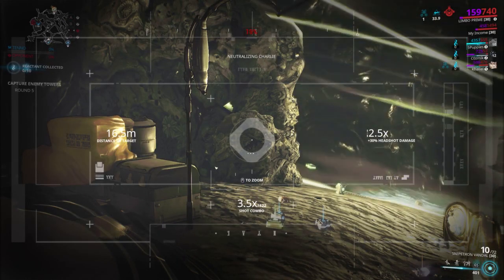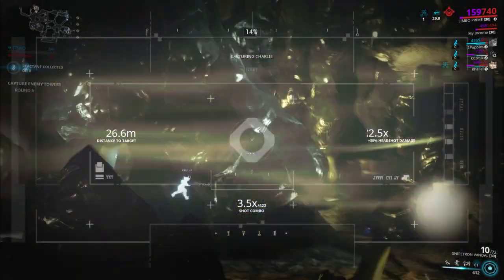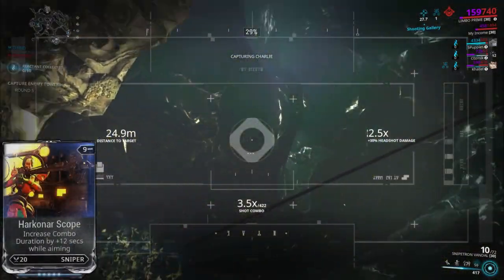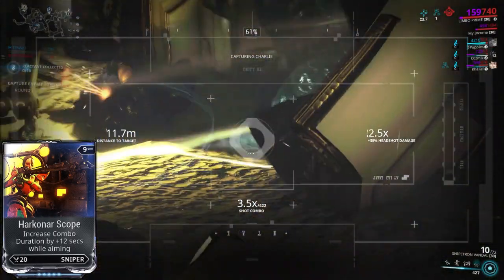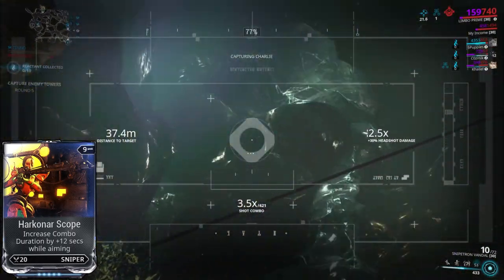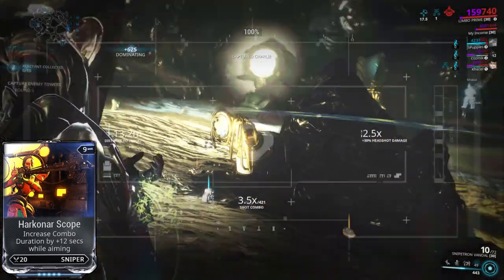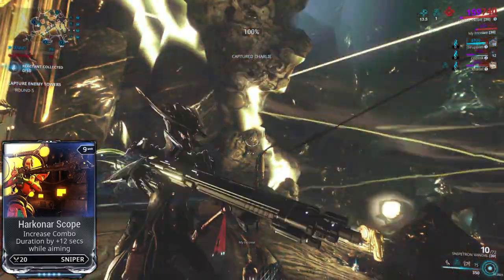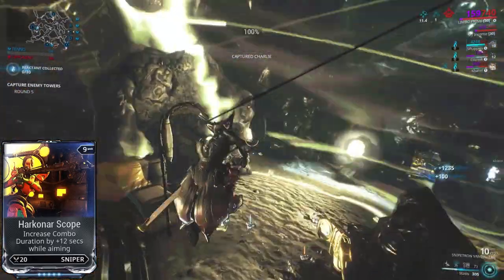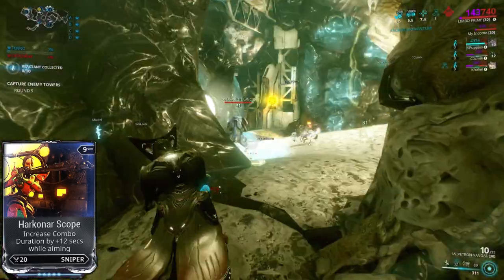But let's start with the sniper mods, and we will begin on what is probably the best of them overall, Harkener Scope. This comes from Kill to Thame, and it increases the time it takes for your combo meter to drop by an additional 12 seconds per point. So if you've got a 300 hit combo multiplier with a normal sniper, and you put it away for 3 minutes, it'll still have 287 points left on it when you pull it back out, instead of the 210 points